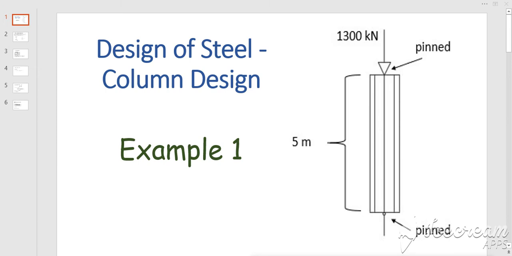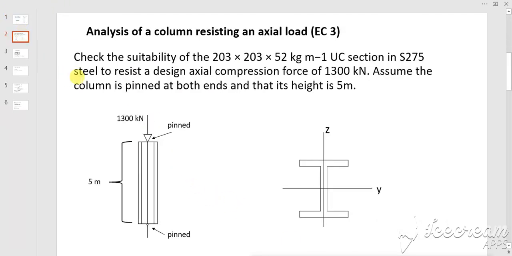Design of steel column design. Example 1. Analysis of column resistance and axial load. Eurocode 3. Check